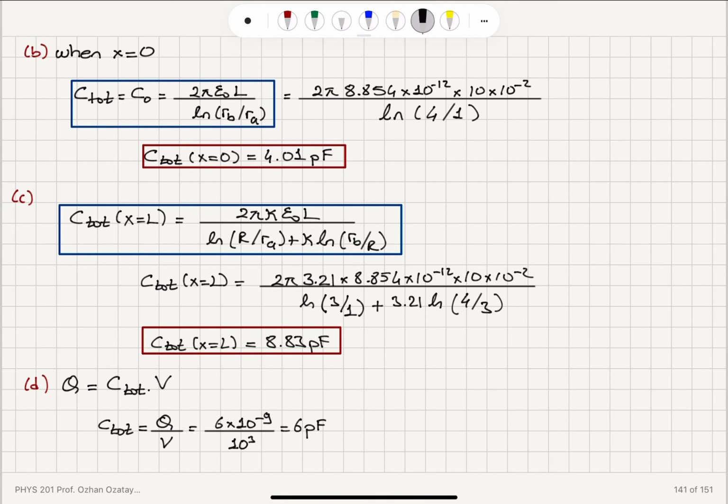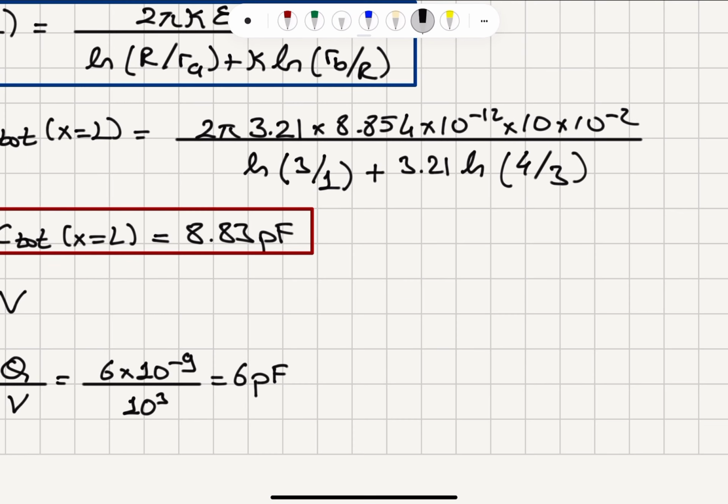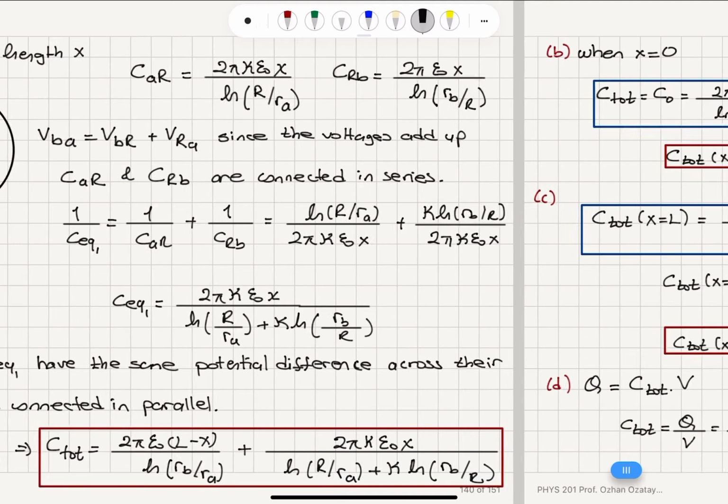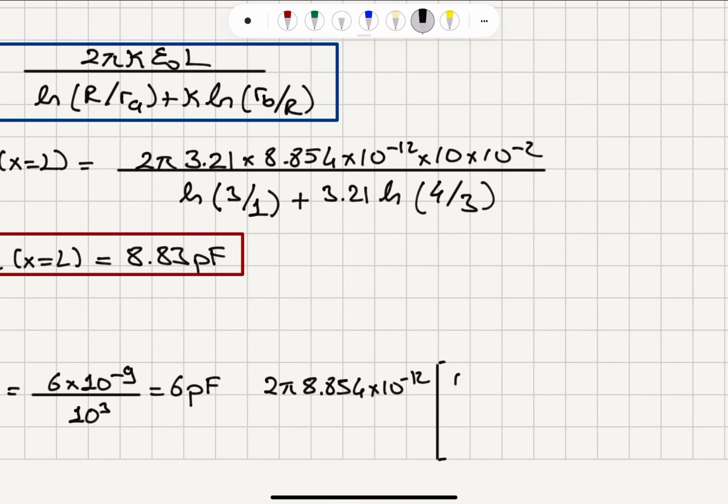So we will have 2 pi, 8.854 times 10 to the minus 12, and L minus x, so that's going to be 10 to the minus 1 meters minus x, divided by